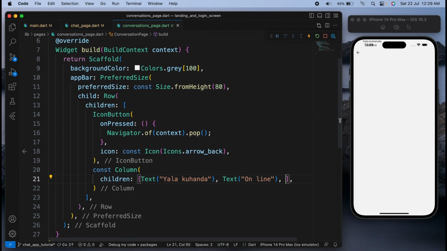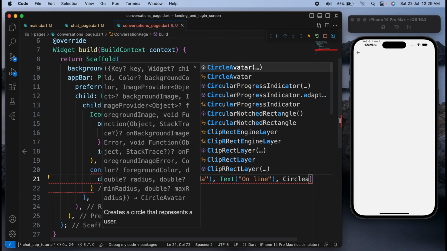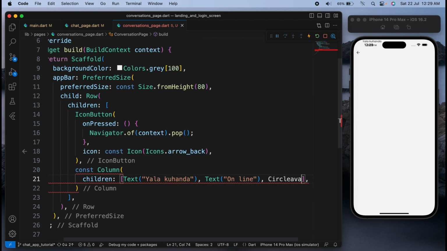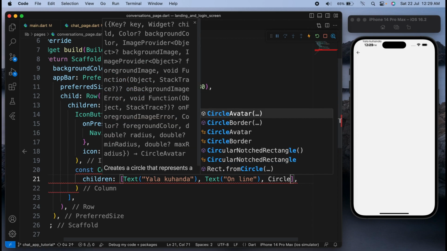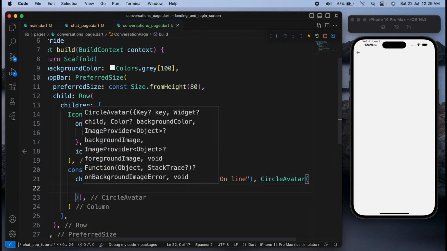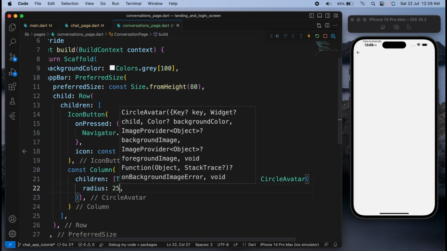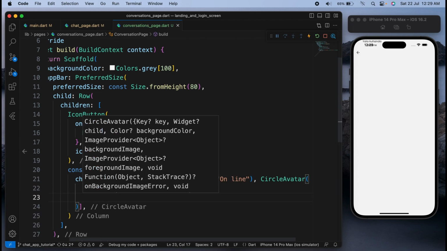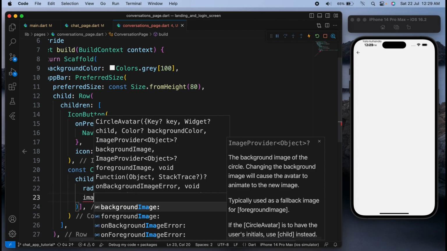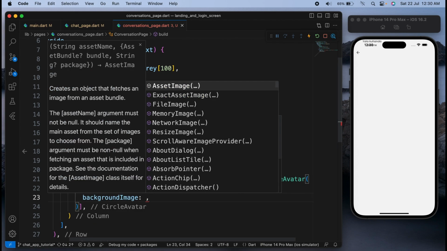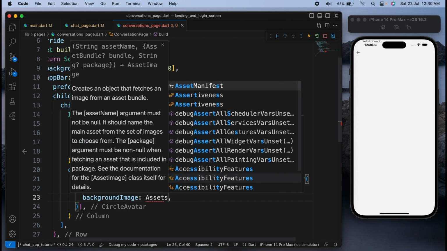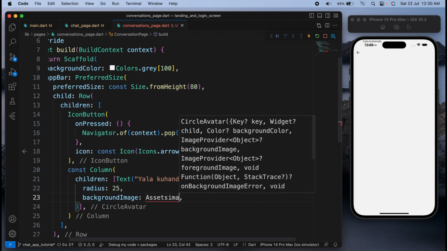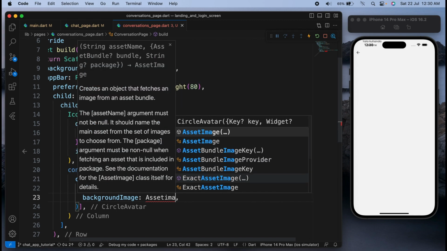So the last widget will be the circle avatar. And here it's gonna have a radius of just 25, and the image will come from the assets as well. Assets image,